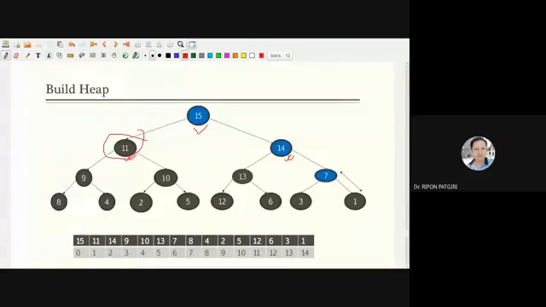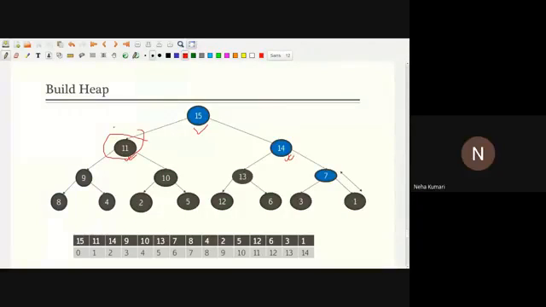I have just randomly put the numbers, 1, 2, 3, 4, 5, 6, 7 to 15, and it became a min heap. But in any random input case, how will you build a max heap? That is the scenario.